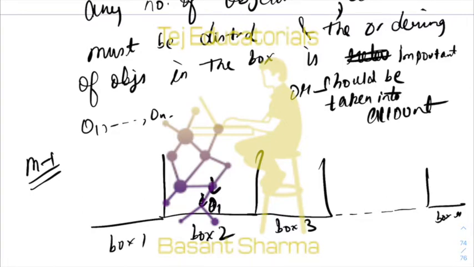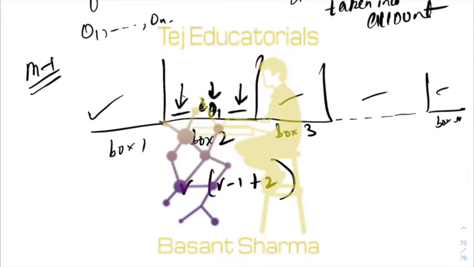Now, corresponding to every choice of O1, how many choices does O2 have? First of all, it has r minus 1 options, the r minus 1 boxes in which O1 is not present.